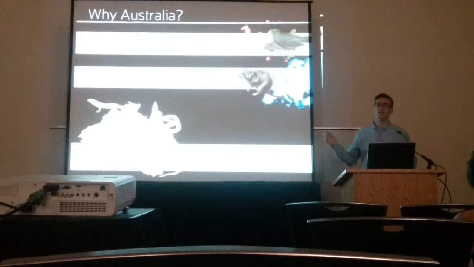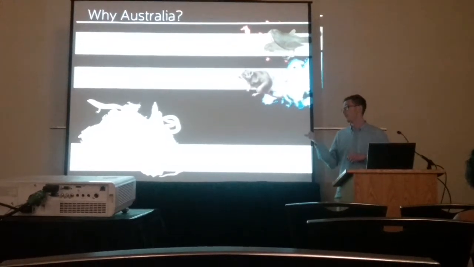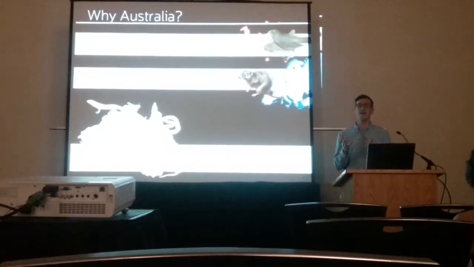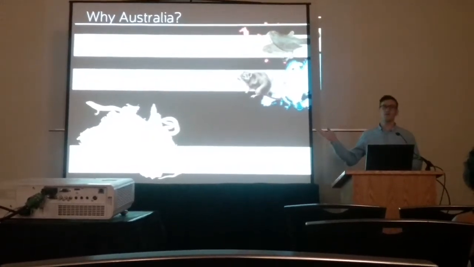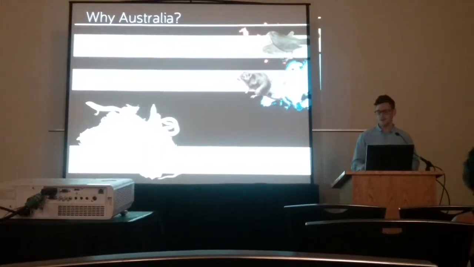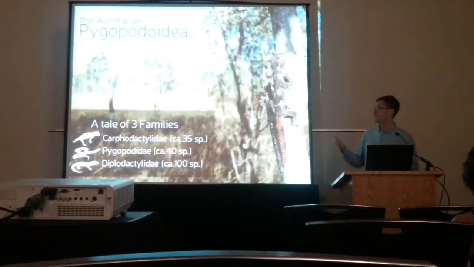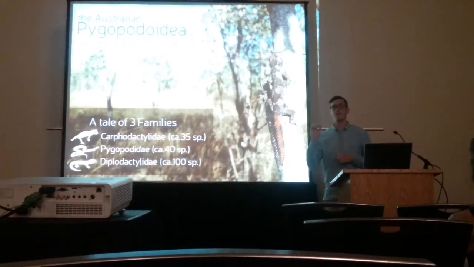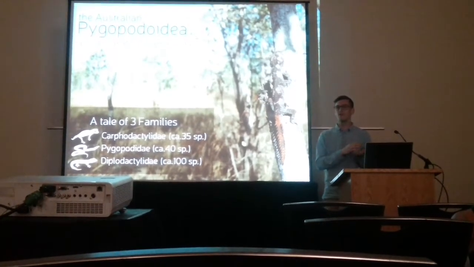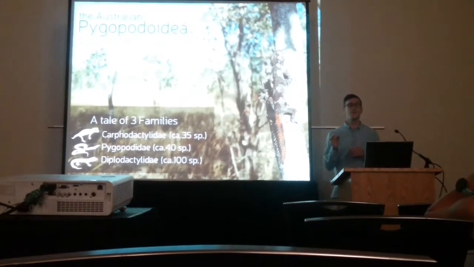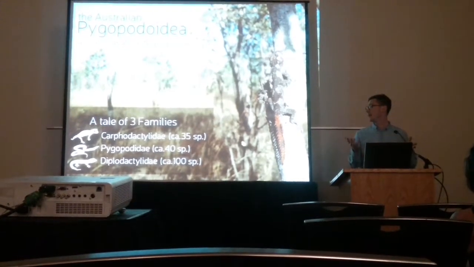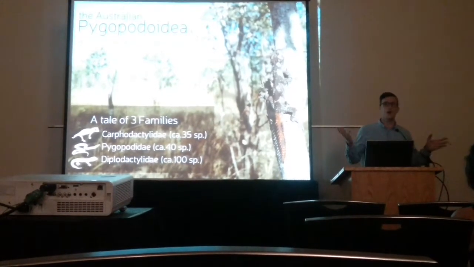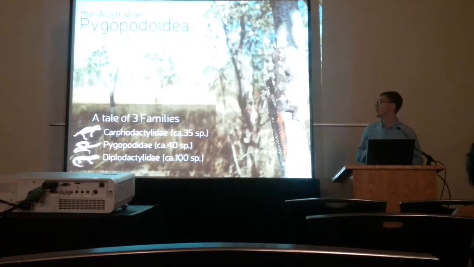So Australia is a particularly fantastic place for macroevolutionary studies, because you have a contained landmass with a deep temporal time scale and some really awesome squamate reptile radiations. The group I'm going to be specifically talking about presents a really good comparative framework. It's made up of 3 families who have a shared ancestry, and they've diversified in situ in Australia, so they've cohabitated throughout their diversification process.